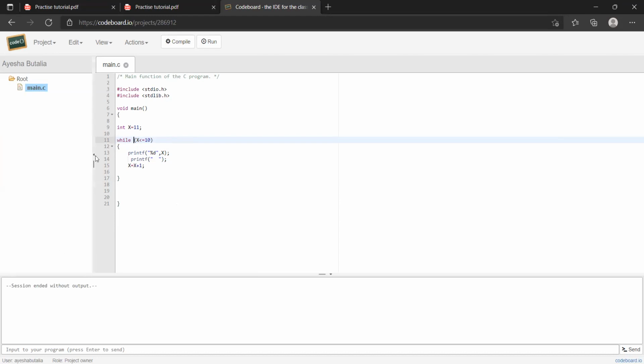Session ended without output. Because X is 11, it will go over here and check the condition. Condition is false because 11 is less than 10. So it will not go inside the loop. So now you probably understand the difference between do while and only while loop.